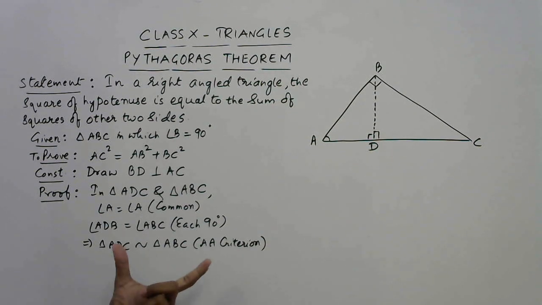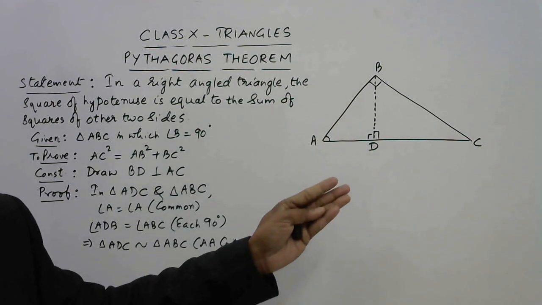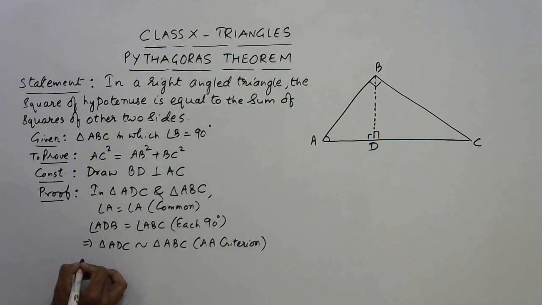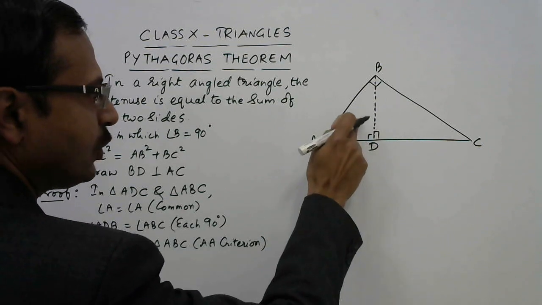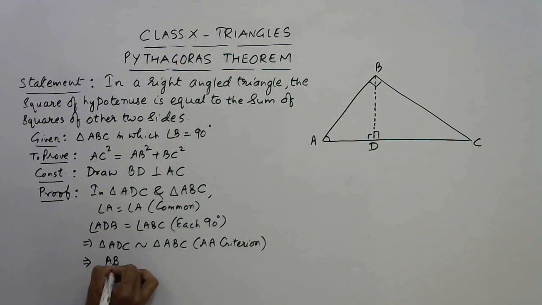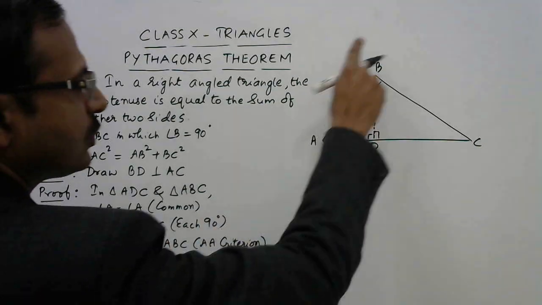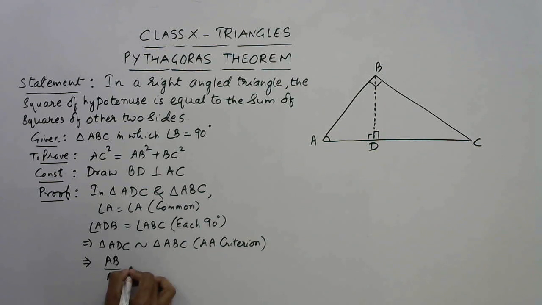And why do we use similarity? Because we want to equate the ratios of the corresponding sides. Now I will write the ratios of the corresponding sides. If you see the smaller triangle, the hypotenuse of the smaller triangle is AB. So I am taking AB. And what about the hypotenuse of the larger triangle? It is AC. So AB upon AC, that is the ratio of the two hypotenuse, becomes equal to the ratio of